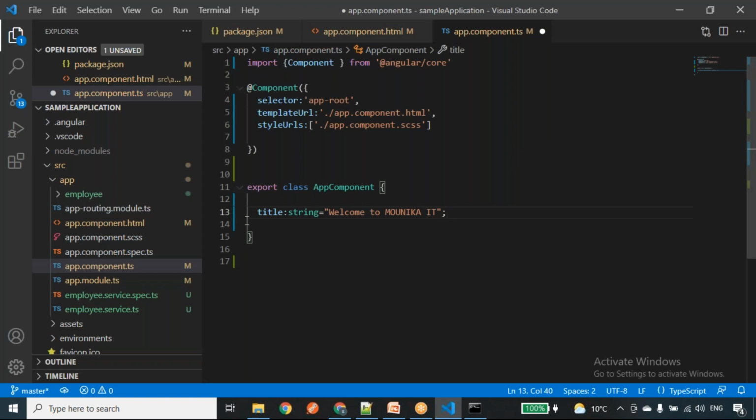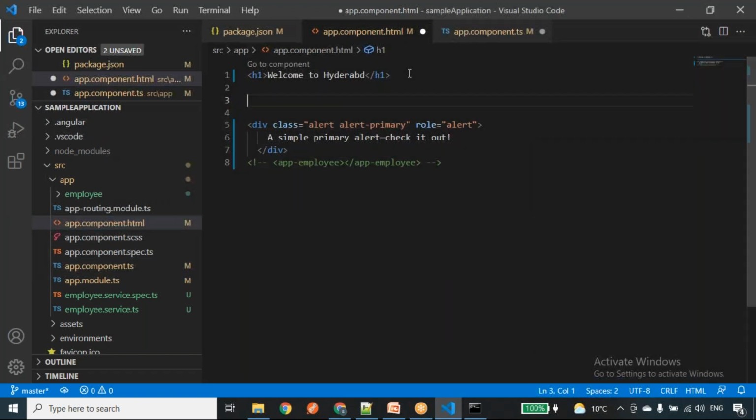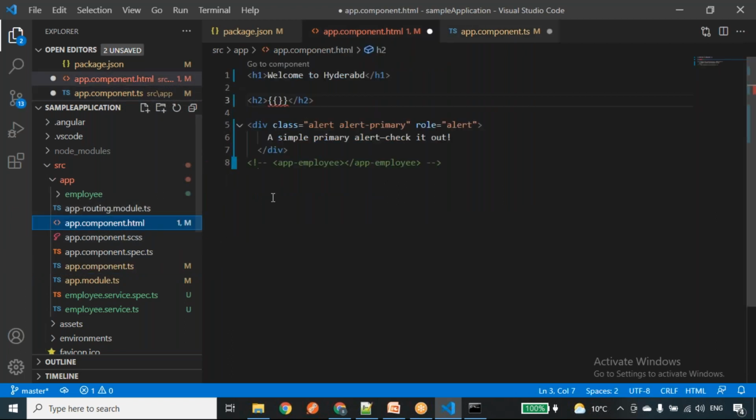So for that, I'll take one h2 element here. I'll use the double curly braces. This is called string interpolation. I have defined one property, title, so I'm going to use this property name inside the double curly braces.